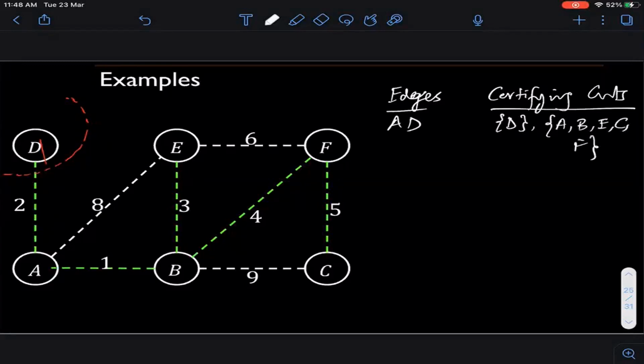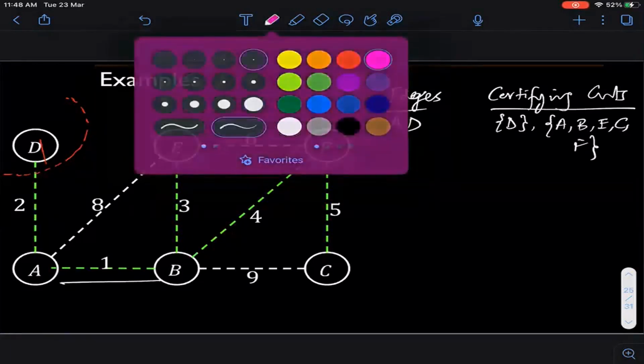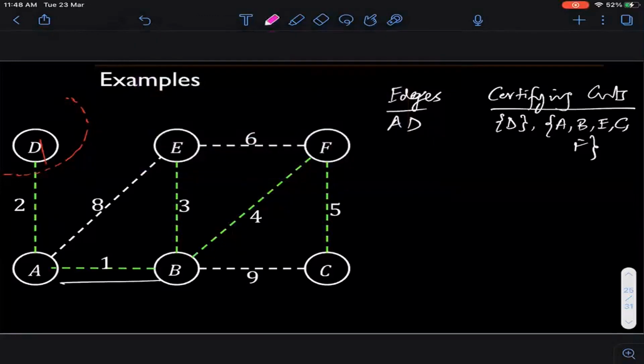So what is the certifying cut for the edge AB? Which is the certifying cut for the edge that is AB? क्योंकि AB तो included है minimum spanning tree में. So according to the lemma, there should be one cut so that is the minimum. Yeah, it's similar to the other one, right? So if I just take this cut, yeah. So in fact I can. AD भी कर सकते हैं, सिर्फ A भी कर सकते हो, दोनों कट के लिए ये true है.